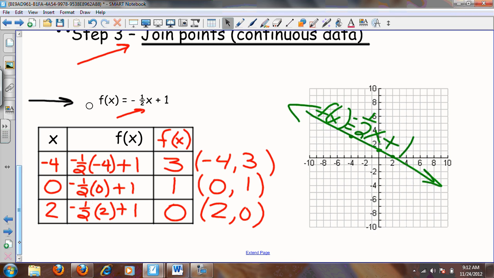You can use the same graph if you would like. Start over. f of x equals 3x plus 4. That's the end of video 2. We will check this one on